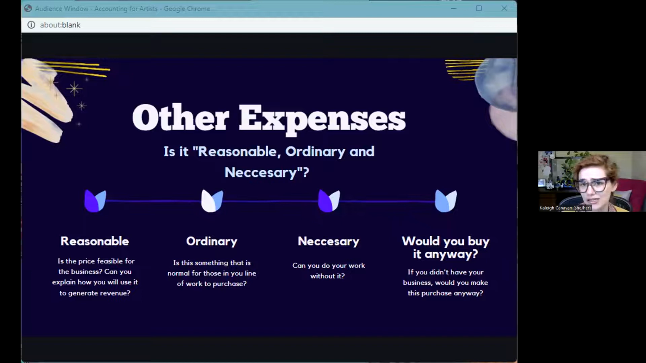Necessary is an easy one. Do you need it? No, then it's not deductible. If you need it to be able to do your work, then it probably passes the necessary test. But you may also want to ask yourself the question, can you do your work without it? Because there's a fine line between need and want when it comes to necessary. I want many things,